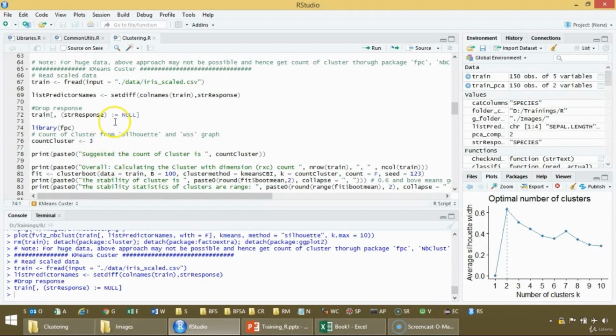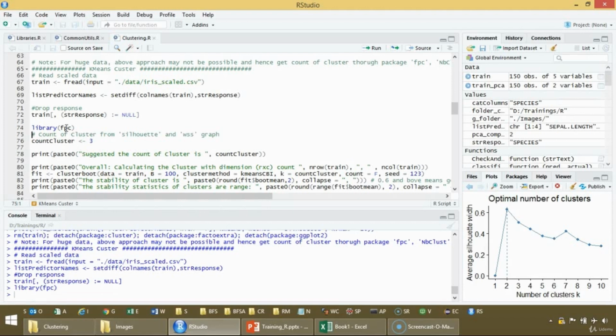And this is what I was saying, that you can even use the FPC for finding out the number of clusters automatically, and this is useful when you have a huge amount of data. So let us load the library in line 74, and line 76 is the number of clusters we have to provide